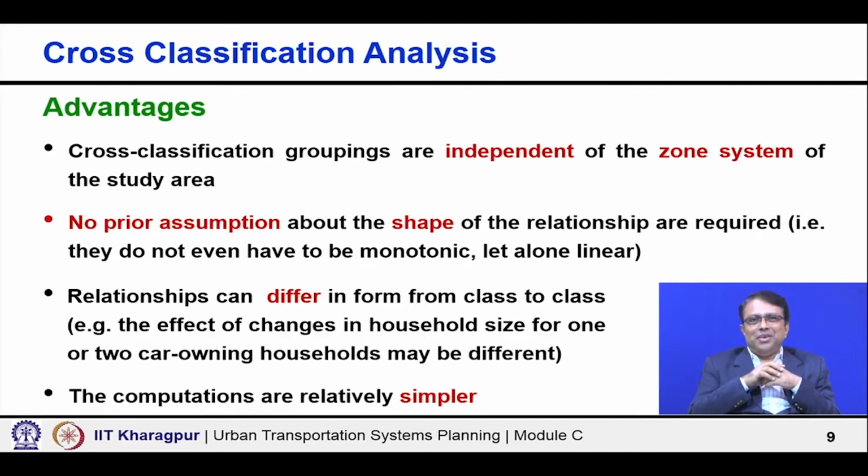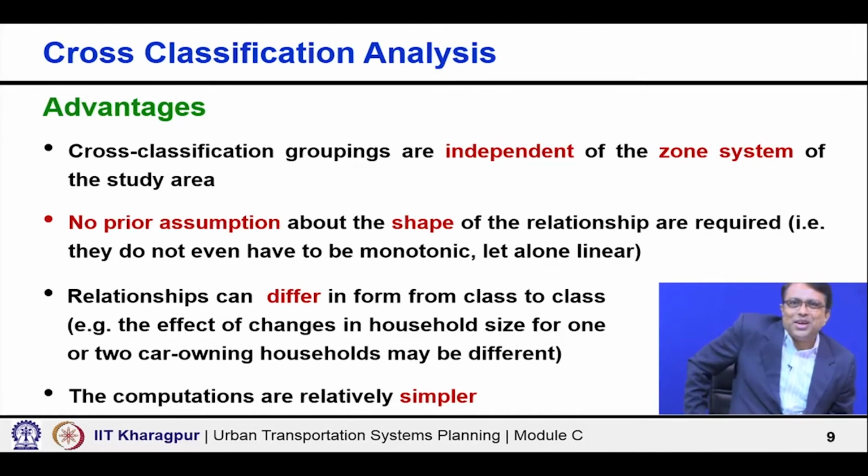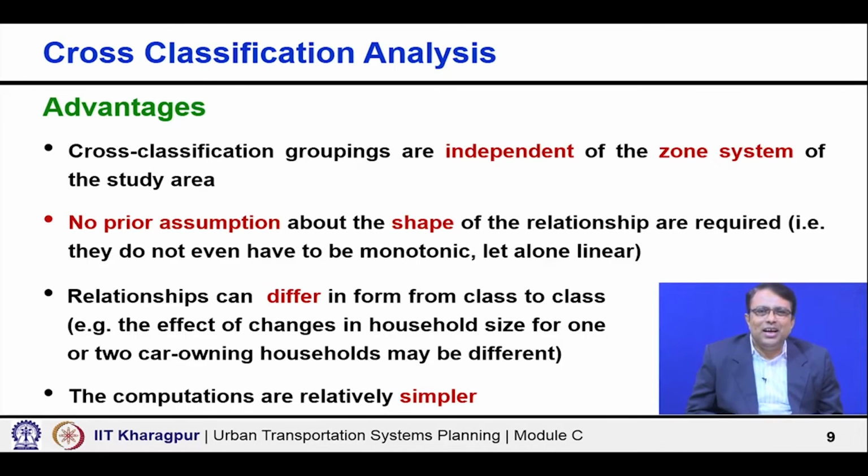So, if I say that for low income household, a level of another attribute changes, and for medium income household the same attribute level changes, the impact may be different, right. The trip rates may differ. That is the overall flexibility, the rigidity is very less. In this sense, there are problems as well which we will discuss, but in this context, these are quite useful,